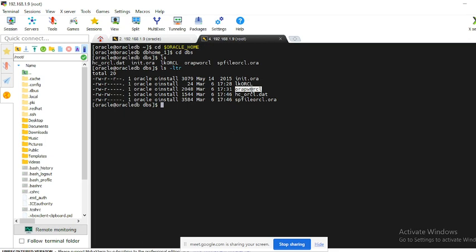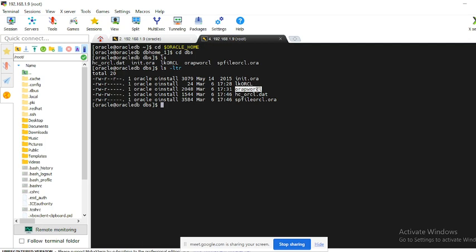How we can recover the sys password, I will show you later. There is a utility called orapwd, and by using that utility we can recover the sys user password. That is the password file where your user password is saved.